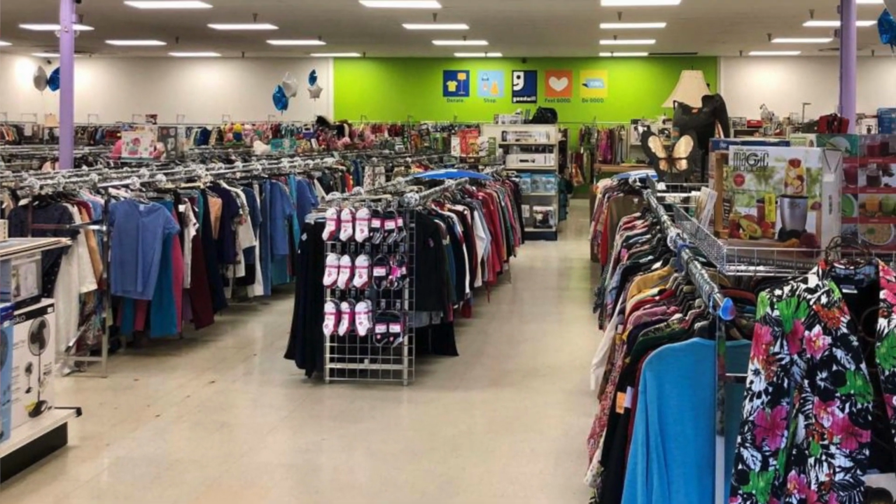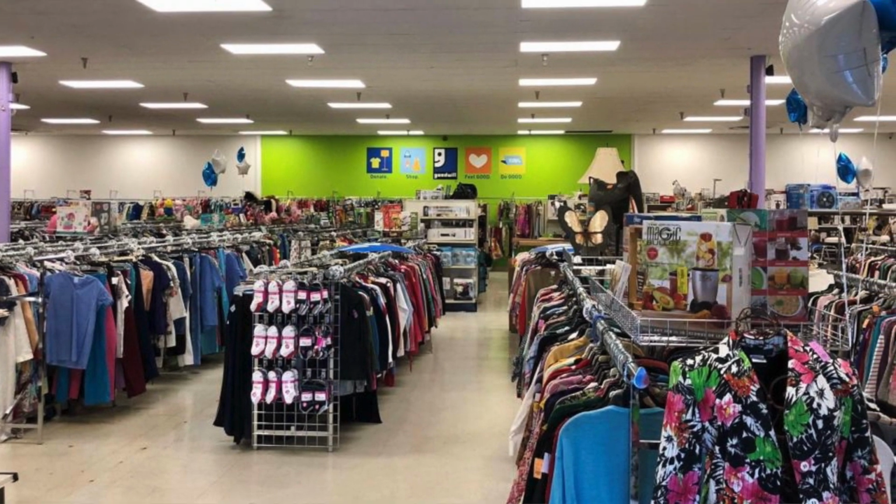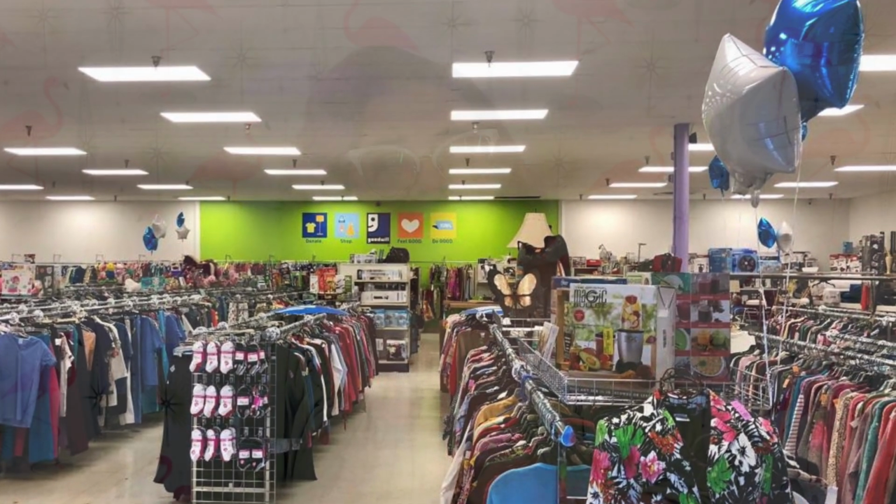Probably the most accessible is the good old thrift store. Most towns have them. Heck, they tend to have multiple sometimes. And the great part about that is those thrift stores tend to have a lot of stuff in them, and they tend to be really budget friendly, which is great. But the downside is not everything there is vintage, and it really is kind of a hunt for those treasure